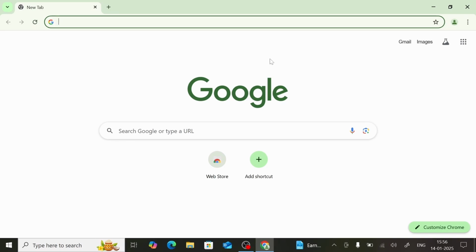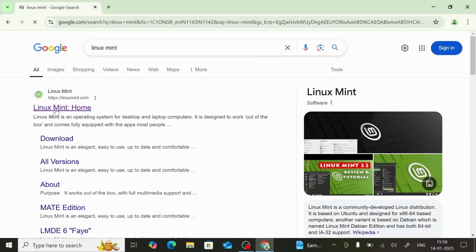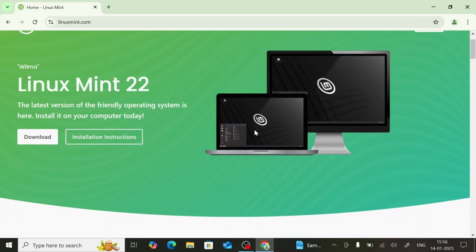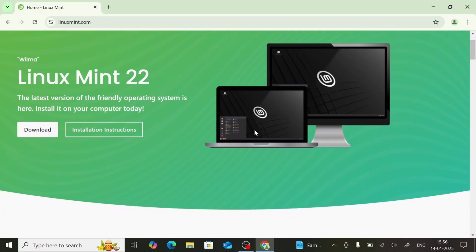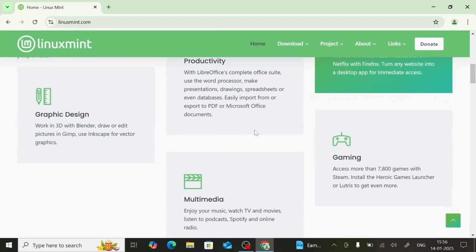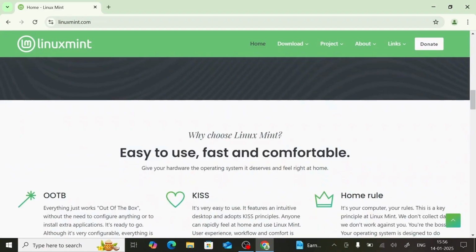So let me introduce you to Linux Mint. When I first started with Linux, I chose Linux Mint. The interface was clean, intuitive, and similar to Windows, making the transition super smooth. And why Linux Mint?